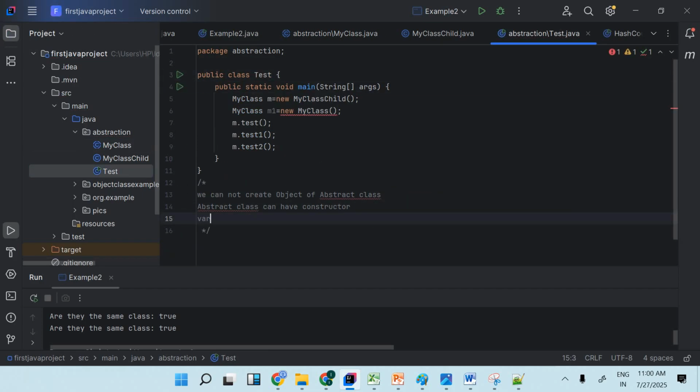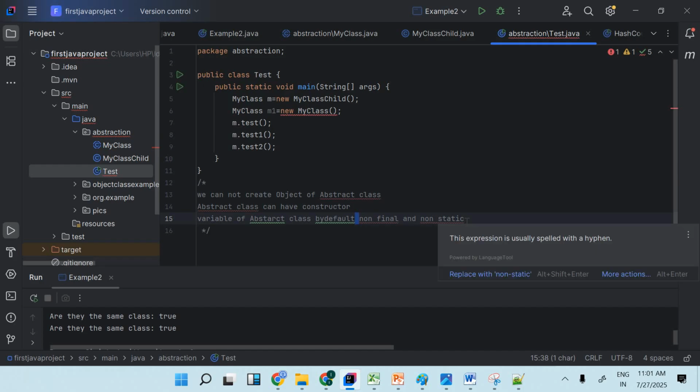The variable of an abstract class by default is what? Non-final and non-static, right? That means you can keep it, but we do not do that, because for final and static,